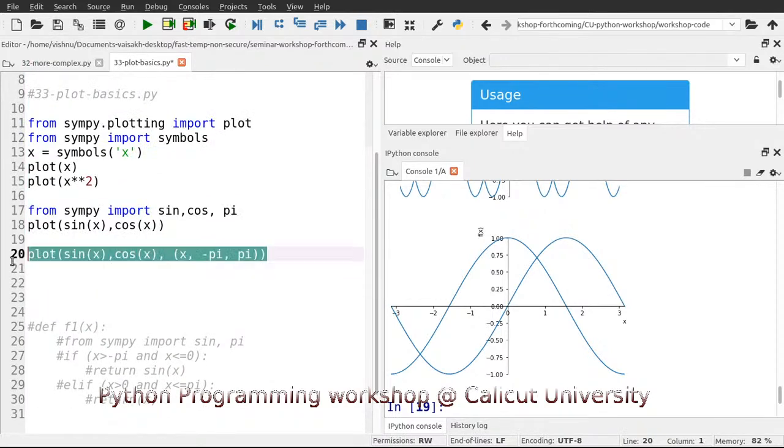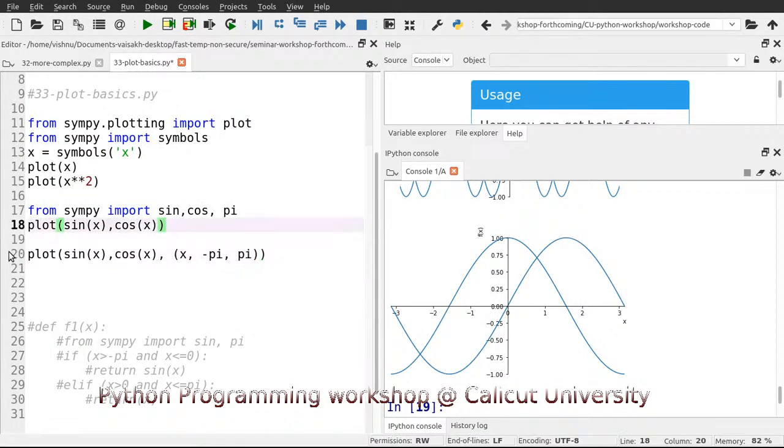The same sin x and cos x, or maybe even x square. We can add some title also to this graph. We can add to the x-axis, we can have a label. All these things are possible. Let us try to do one by one. X label equal to